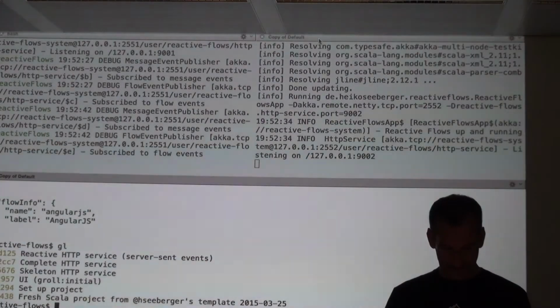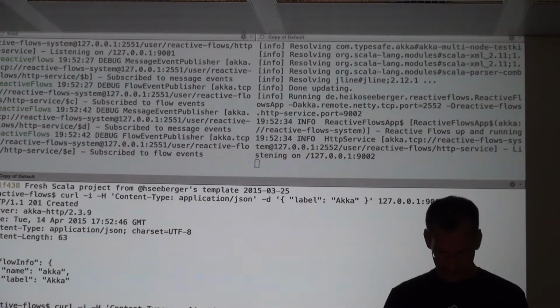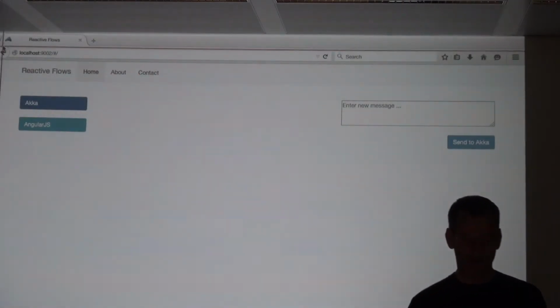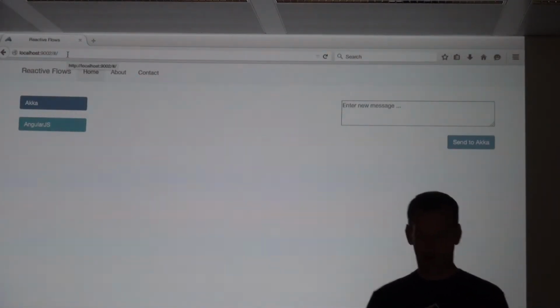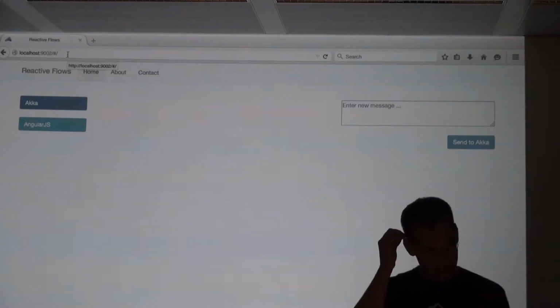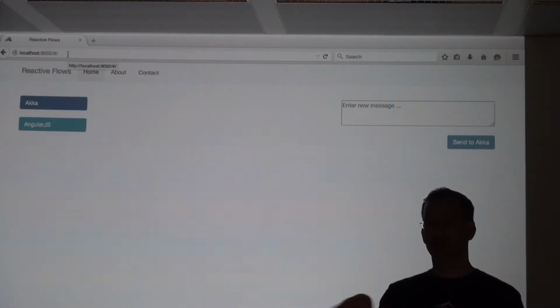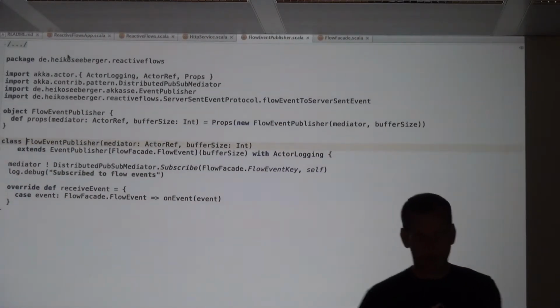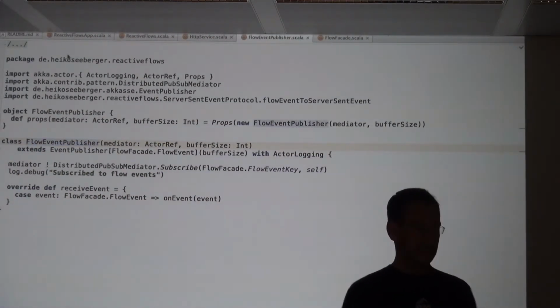Okay, so let me just try it again. So here we go. And great, here we go. So not on 2, it's just there. Okay, it has been disseminated. The architecture here, you can look at the details later, is a little weird. I just wanted to show you data replication.